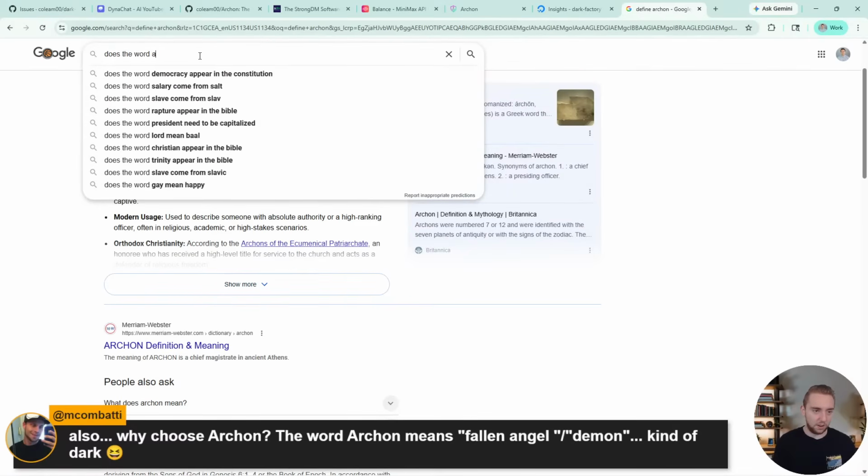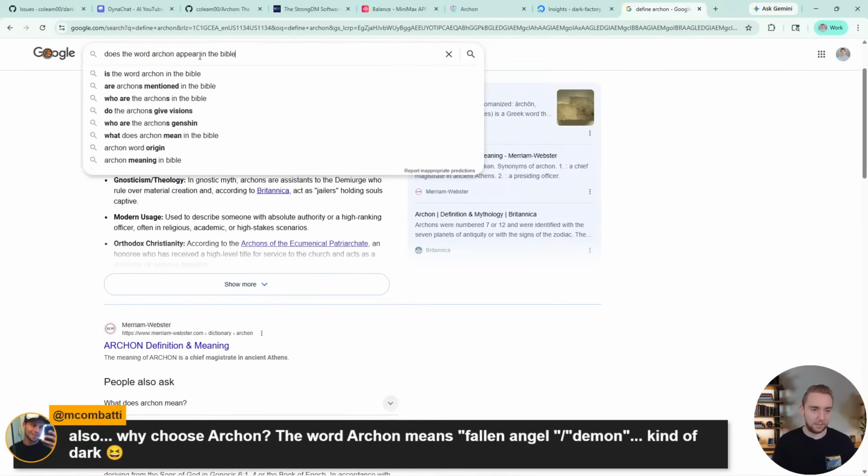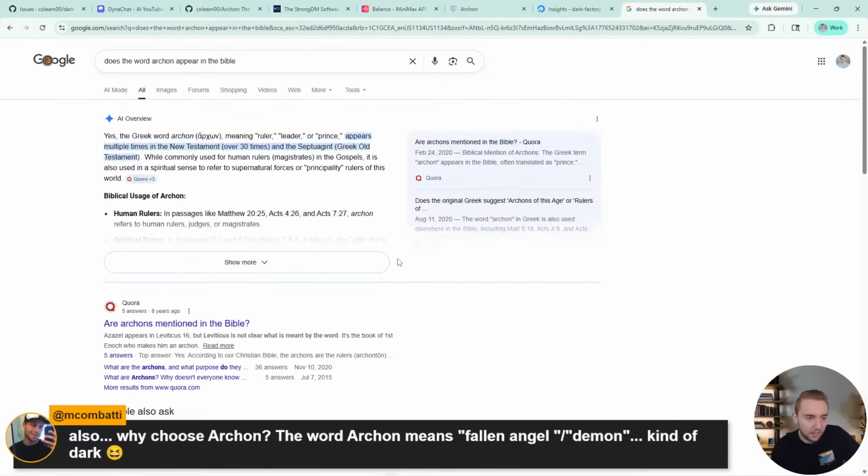Does the word Archon appear in the Bible? It might just be some translations. If you actually read the Greek translation, maybe it would show up. And it's in the Septuagint as well. I haven't read anything in the Septuagint for like 5 years now.